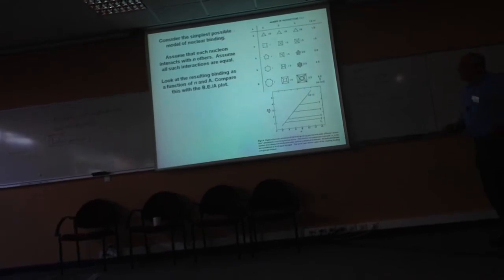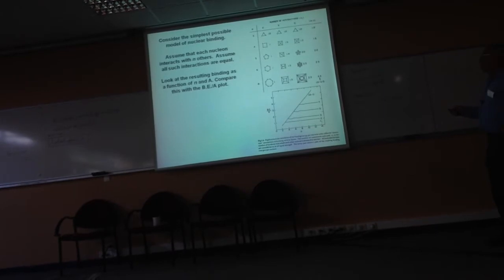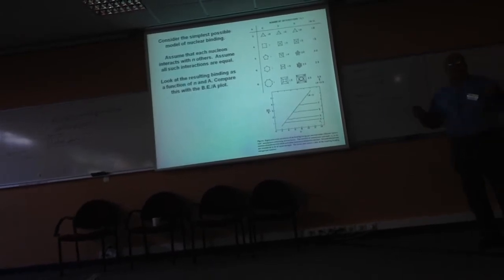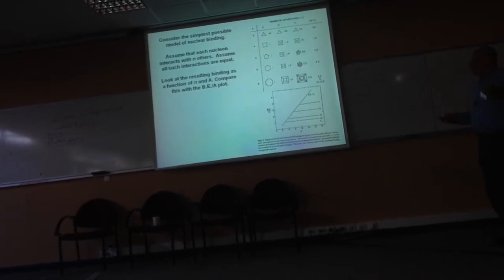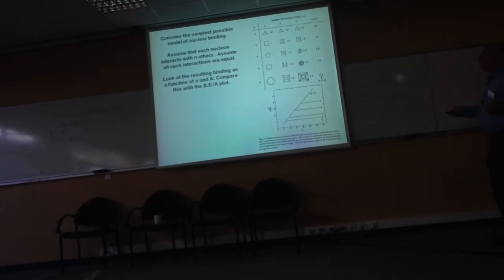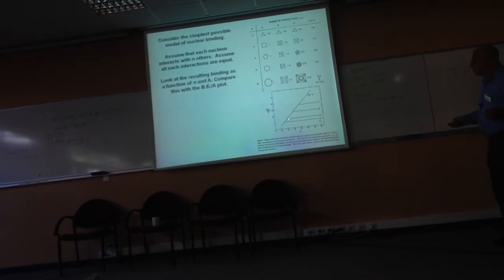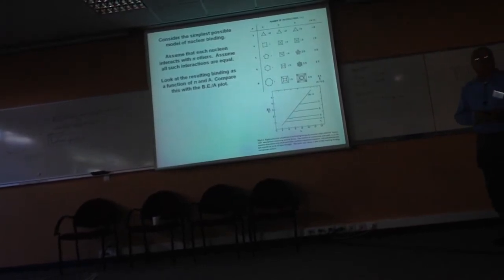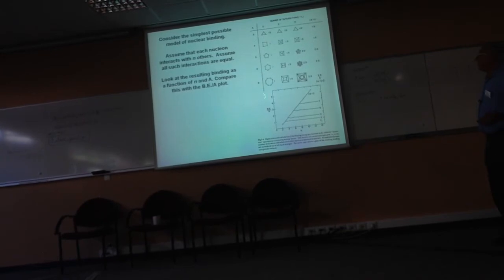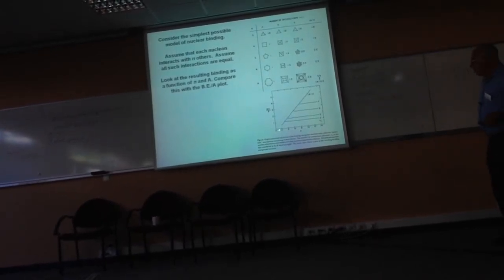If each nucleon can interact with all others, then every nucleon interacts with A minus 1 others, and there are A nucleons, so you have A times A minus 1 over 2 interactions. And if you divide by A, the number of interactions per nucleon, you get A minus 1 over 2, which is this line here. Okay, so you can already see from this very trivial way of looking at it that you have a curve, this curve here, where each nucleon interacts with all the others,